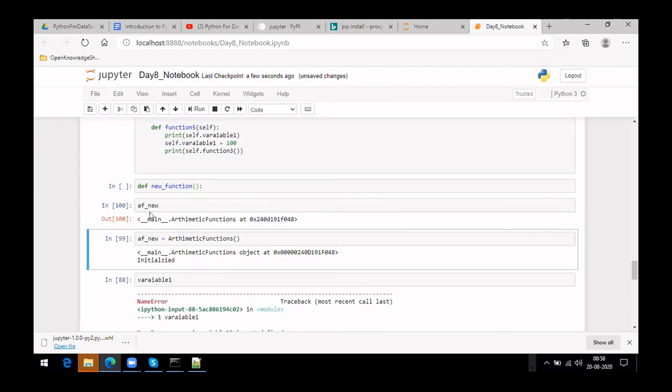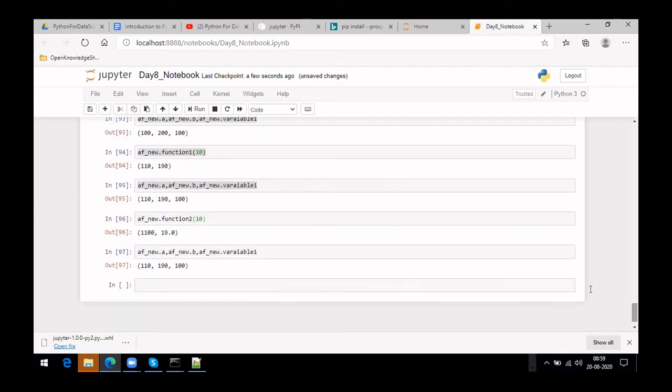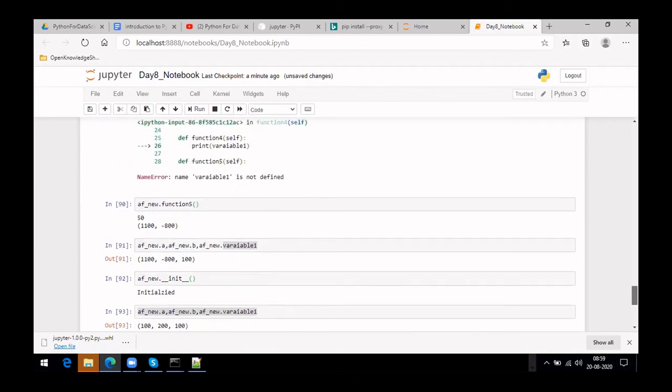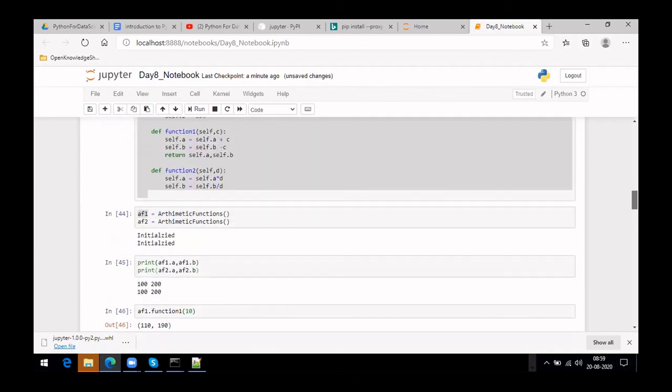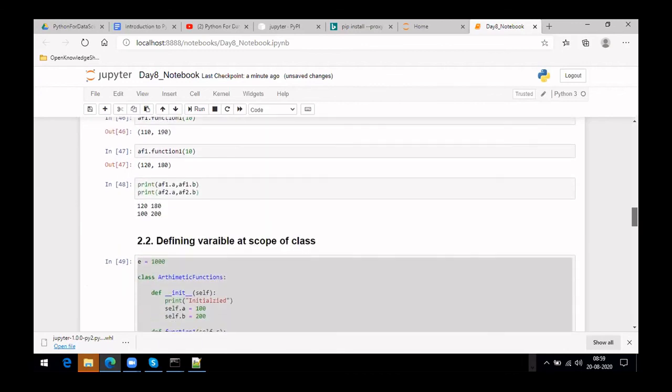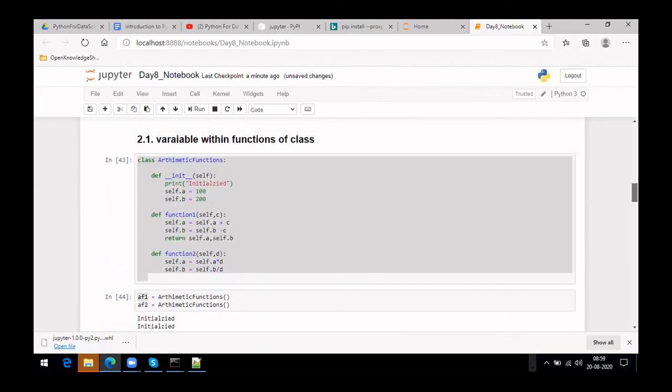In case you want to use it somewhere else, like instance dot A, something like that, that variable you have to pass, because that is how it is accessible to the outer world. Similarly, I can pass just A also, which has the 110 as a value. And whenever I want to access this 110 value, then I have to pass self.A. Yeah, exactly. So you can refer to all these combinations for each cell, try, explore, and change different things. You will be able to get it.